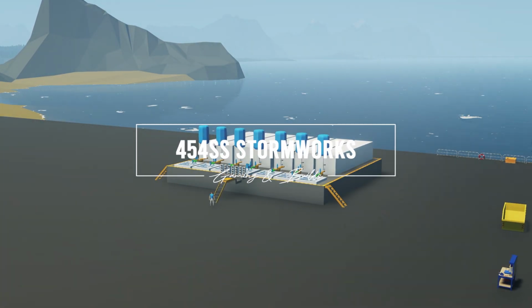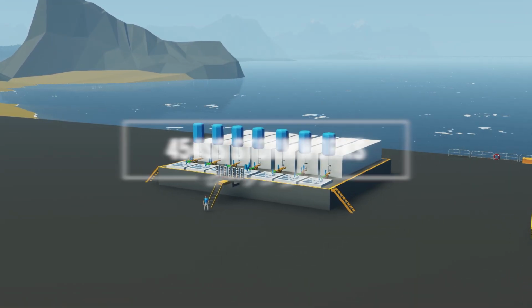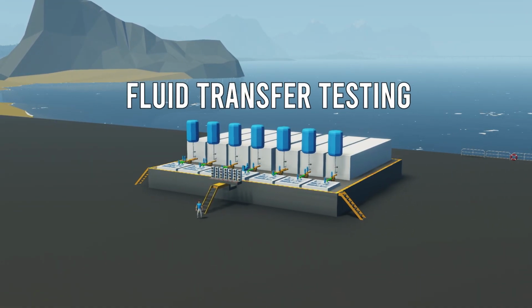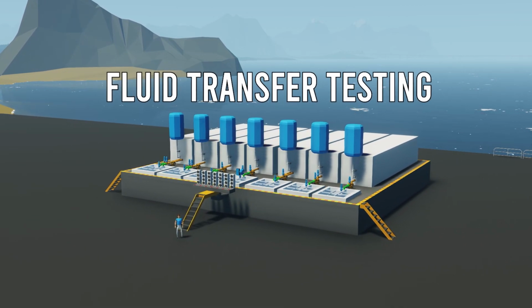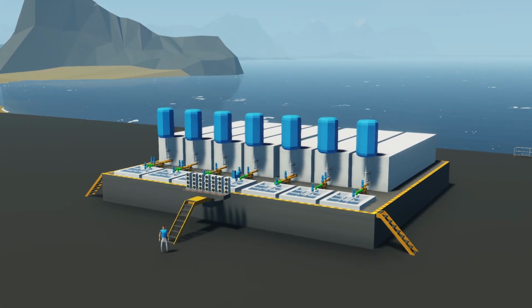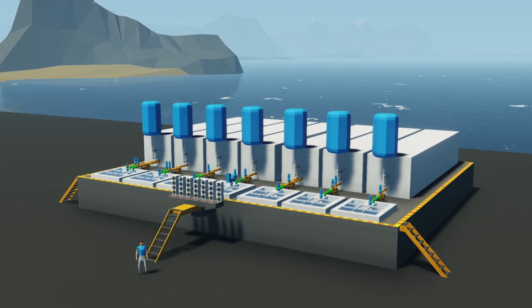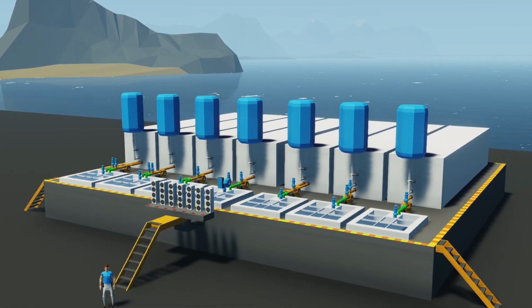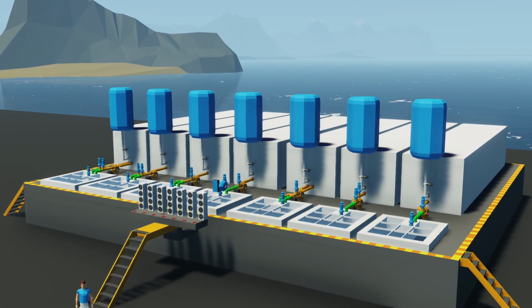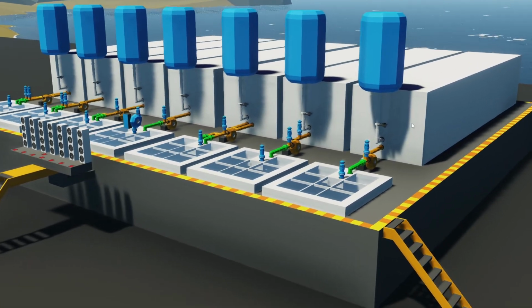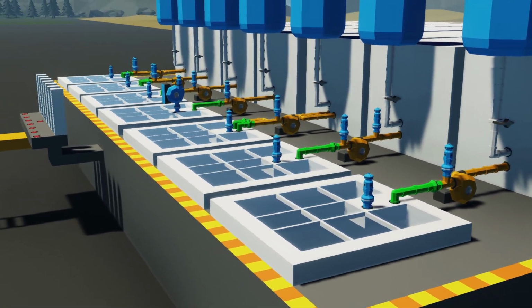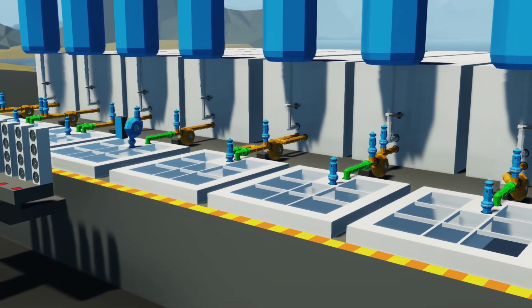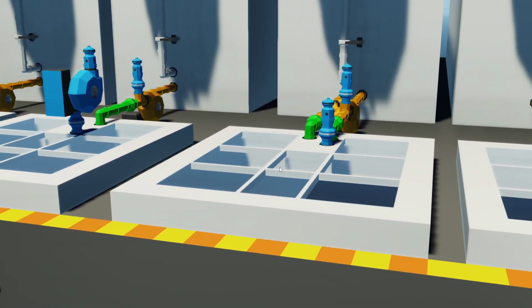Hello everyone and welcome to this video where we are going to be taking a look at fluid transfer. We're going to use the new value that we have for flow rate, but if you remember a few months ago I did this test that took a look at finding the best solution for a single pump. So it was pretty much taking a pump, pumping out of this top chamber, using this and going into the bottom chamber. We took a look at the results, compared them, and found that number 3 here was the optimal